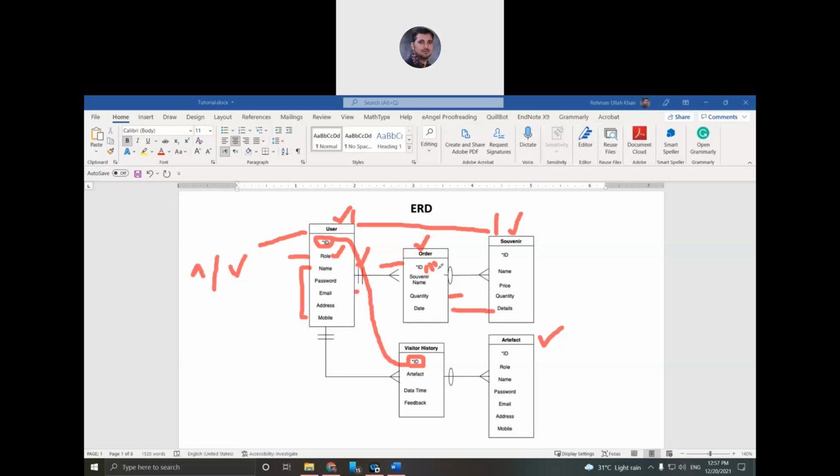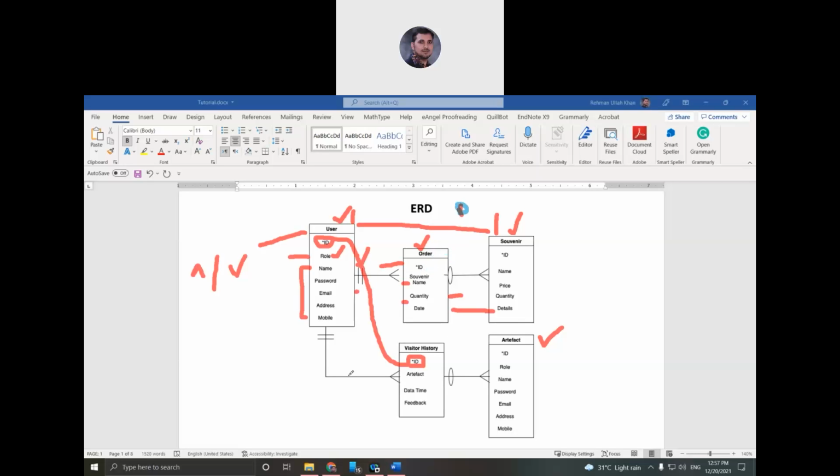Yeah, I think it should be a user ID and souvenir ID. Or maybe if username and quantity and date are already there, no need of ID. Yeah, still okay. I think the user souvenir details are already there, no need to add.